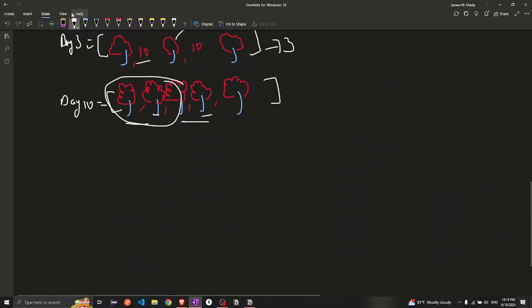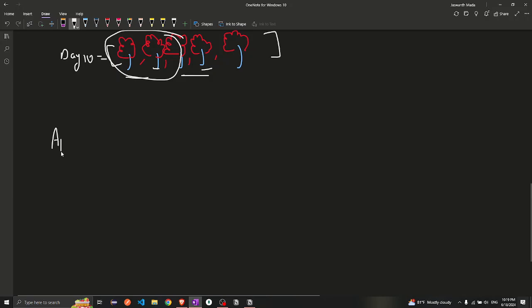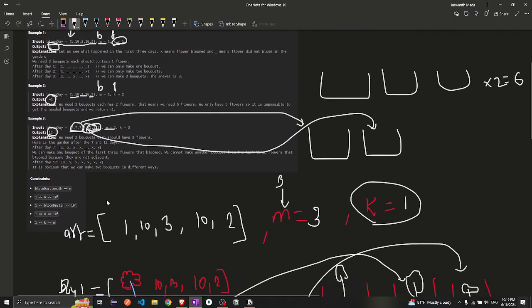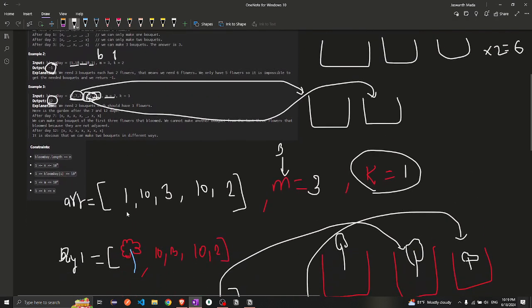Now let's look at how we can solve this by using the most brute force approach that we can. So when we come to approach 1, what I'll do is I'll start and iterate